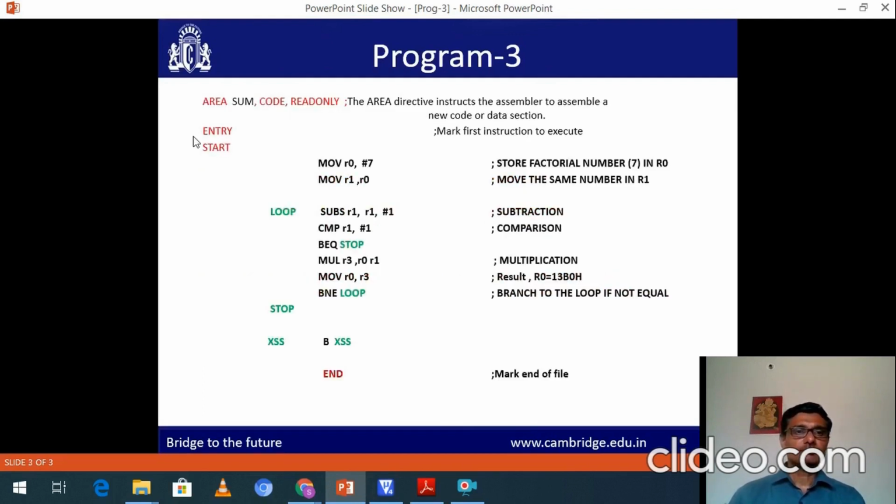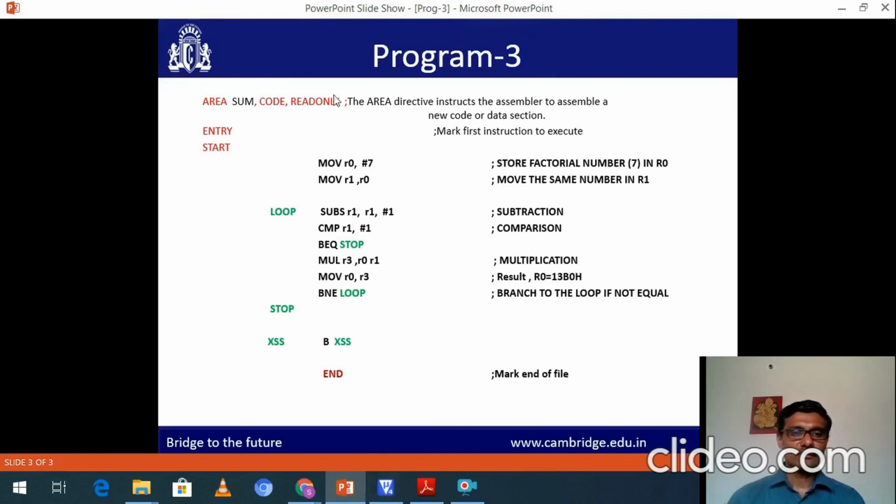In this program, as usual, we have AREA, CODE, READONLY, ENTRY, START, END, all of which are assembler directives. The AREA assembler directive instructs the assembler to assemble a new code area. This is a code area starting from here till here, and this code area is read-only.